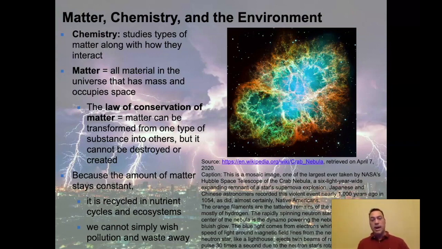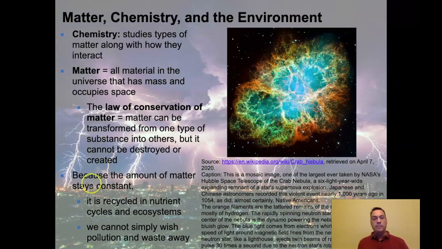One place where this happens in space is in exploding stars. This is something called the Crab Nebula, which was taken by the Hubble Space Telescope. There's some really nice caption down here if you want to pause it and read about it. But basically, there's a whole lot of stuff going on in here. And what we see is the creation of new matter that is being thrown out of this star. We're going to find, as we go through this lecture, that a lot of the stuff that we are is actually stardust, things that were thrown out of exploding stars, just like what we see happening here in the Crab Nebula.